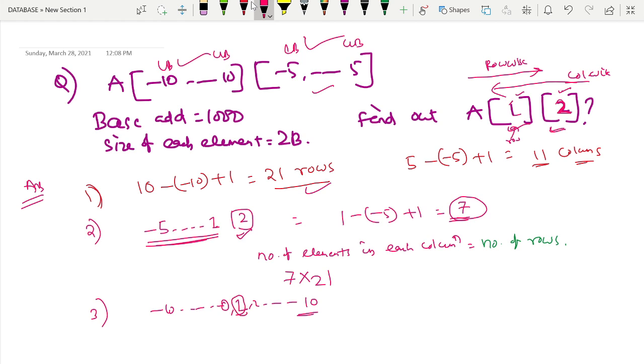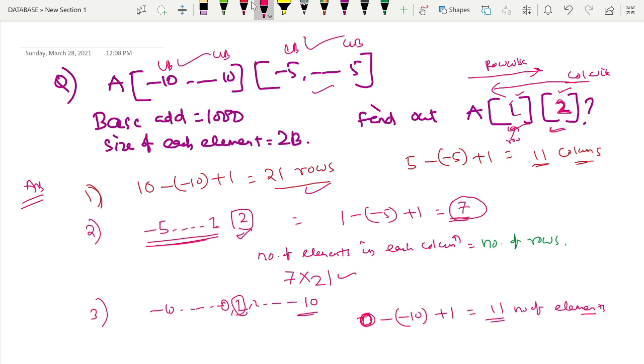Here it is 1 present, right? So we have to find out how many rows are before me. How to find it? This is the simple formula you can use again. So 0 is the upper bound, minus minus 10, plus 1. So 11 elements are before me.